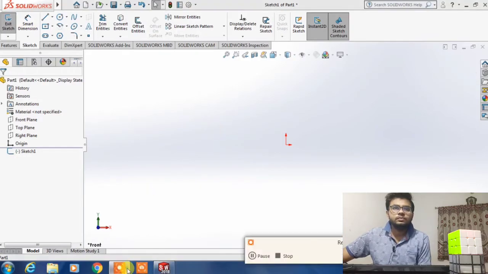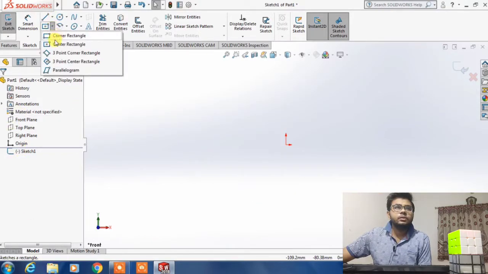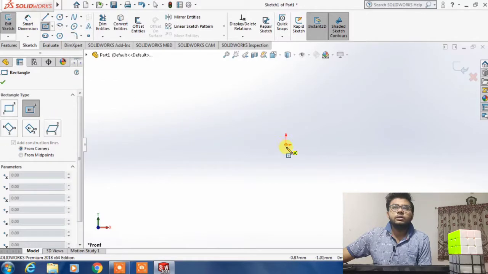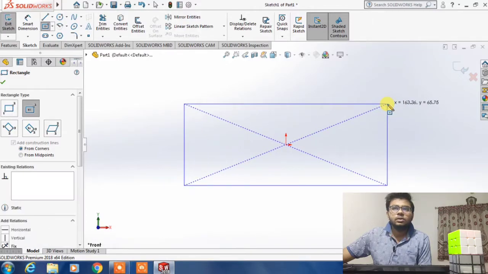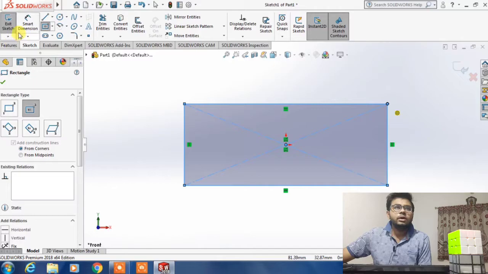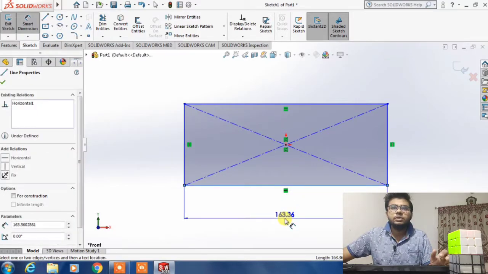Now I select center rectangle. At the origin point I draw a rectangle, and now I select smart dimension for giving a dimension.